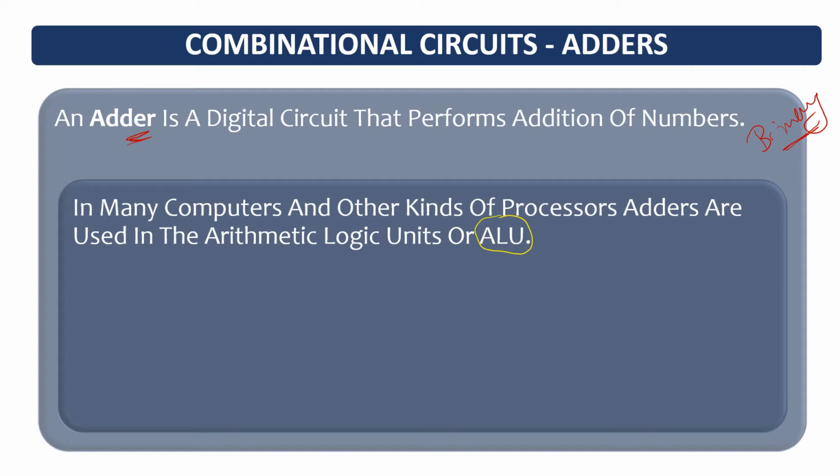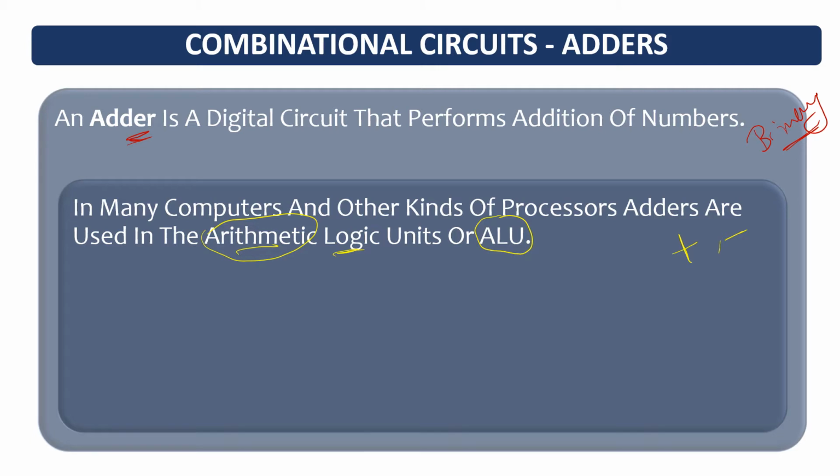One is an ALU and the second is a CU, control unit, right? So your ALU performs all the arithmetic and logical operations. When it comes to the arithmetic operations, it performs only two types of arithmetic operations. First is the addition and the second is the subtraction,